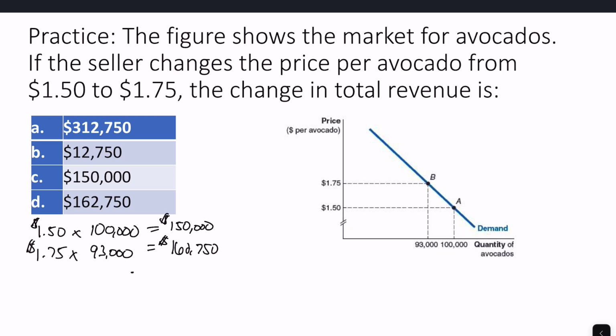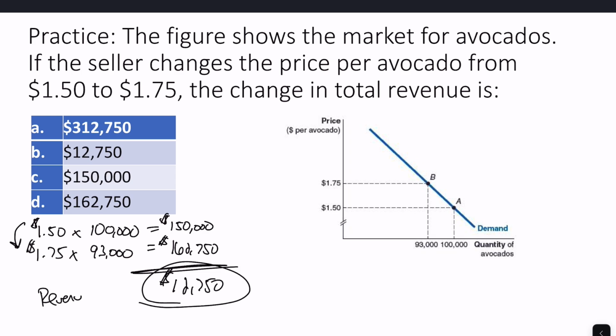So we can take the difference. The gain, moving from $1.50 to $1.75, is going to be $12,750. Okay. So revenue increases by this amount. The answer would be B, right? If you raise that price. So notice